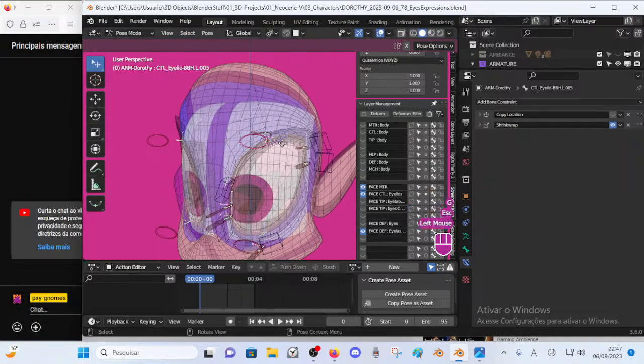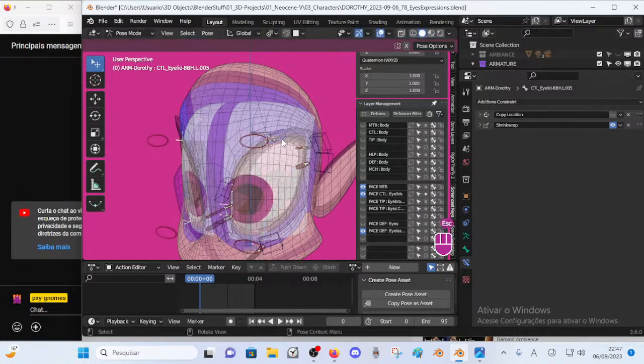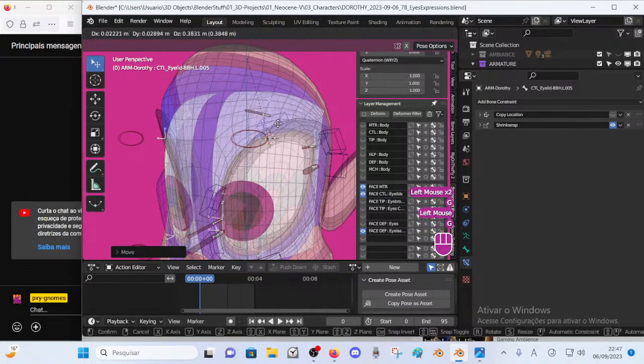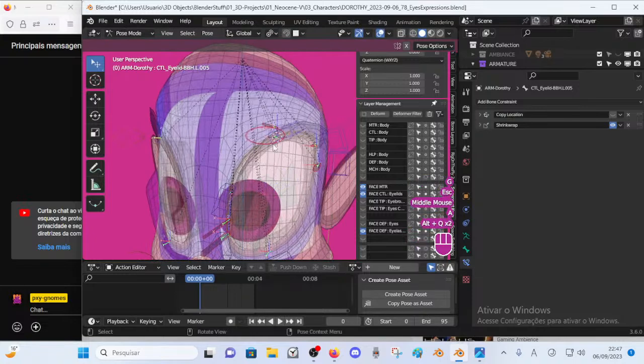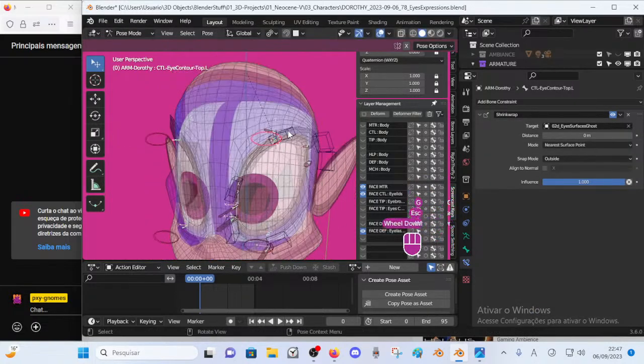So we have to deal with that. But at least I got back my functionality here. Alright, so I can solve the eyelash rig, but I still have to find a way to solve this.